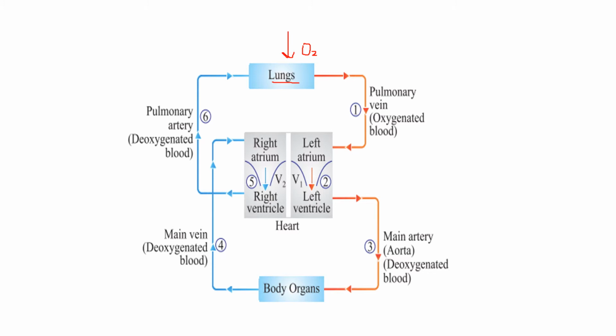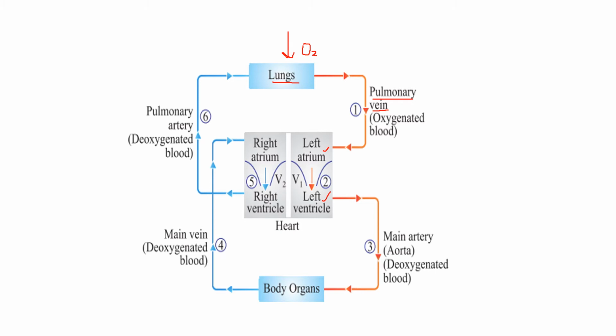So first of all, the blood comes from the lungs, and remember which vein is carrying it. Generally the veins carry the deoxygenated blood, but in case of the heart you have to remember that this is the pulmonary vein, which carries the oxygenated blood from the lungs to the left atrium. You can see this is the left atrium. So blood comes from the lungs to the left atrium, and then from the left atrium it goes to the left ventricle,